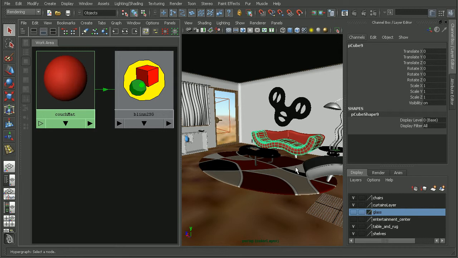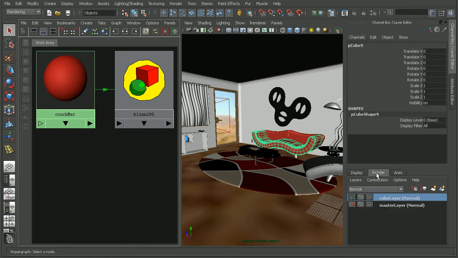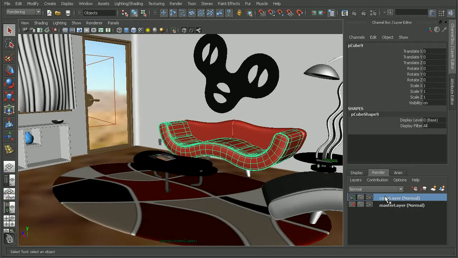Now the next issue we're going to cover is how we can start to troubleshoot when we're having some issues with our render layers. Okay, so if I take a look here in my scene, you can see I have a couple layers set up, the default master layer as well as a color layer. Now there's actually no overrides on this particular layer, and we can see that by this little icon here for our render settings. So if I were to come in, right click on this and copy the layer, say rename it something like a software layer just so I know what this layer is going to be,